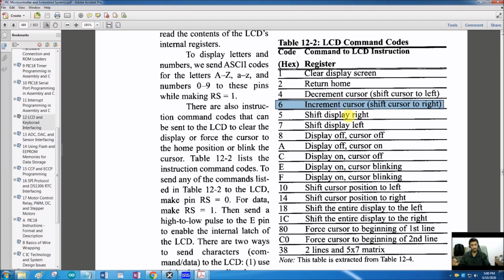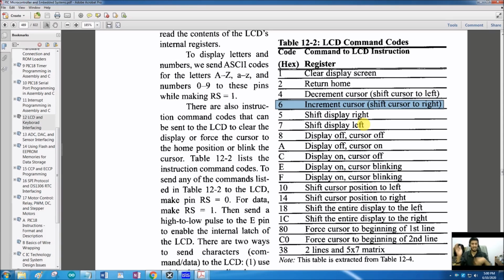If we do not enable this, what will happen is, we will send one data, it will be displayed on the first character. When we will send the second data, it will be overwritten on the first character. The cursor will not move forward. What we want is, we send the first data, it is displayed on first character.